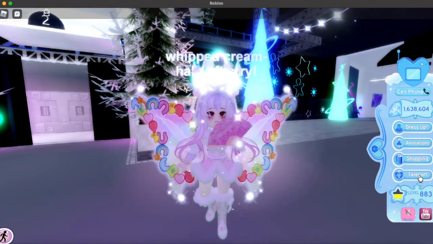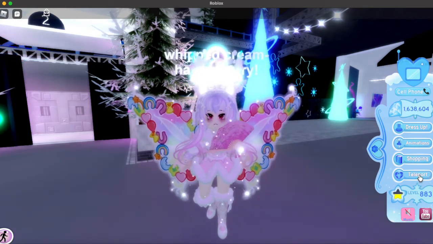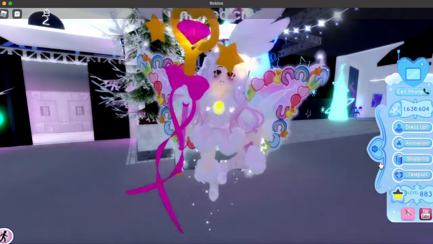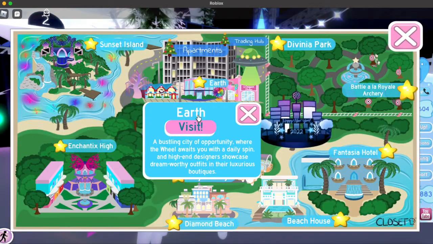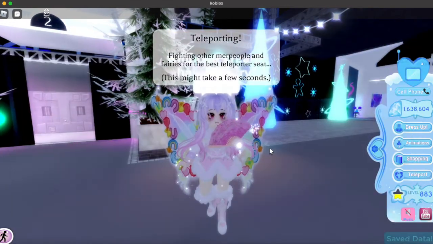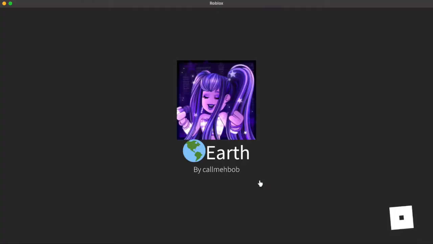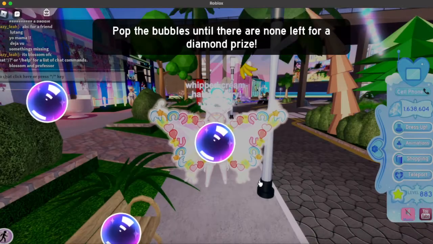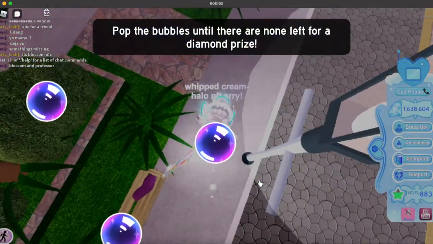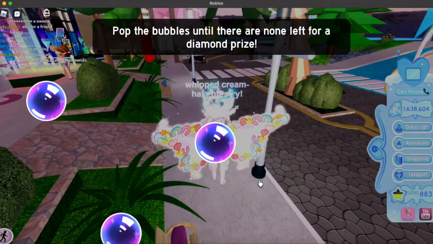So for the green screen, or specifically Royale High thumbnails, how I do it is I get a picture of my character with some text on it and whatever the main video is generally about. I'll add some emojis, symbols, or anything you want to customize into your thumbnail. So I use the green screen in